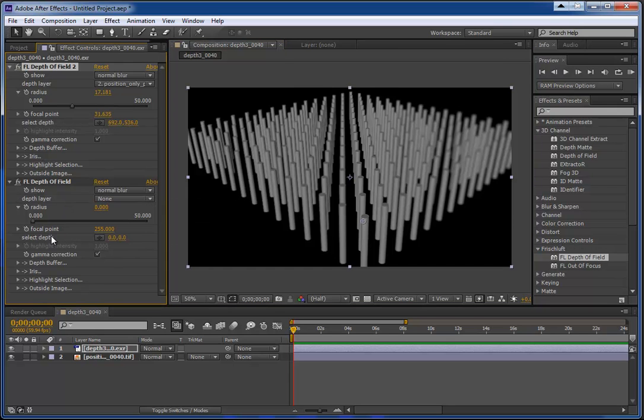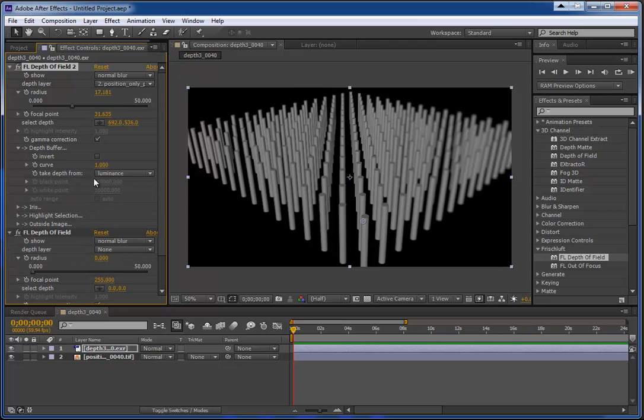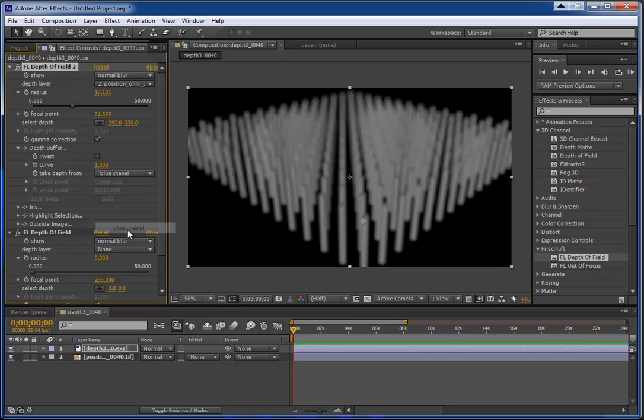Excuse me. Where is this setting? I'm looking for the setting that lets me choose which channel to use. Depth buffer. Yeah. Okay, so by default the plugin is using luminance, because most depth passes are luminance passes. But in this case, the blue channel represents the depth information, so we'll just use nothing but the blue channel. Now, if we pick a position,